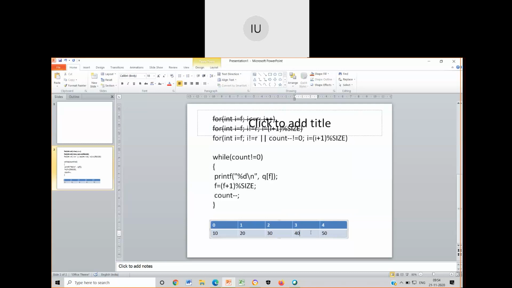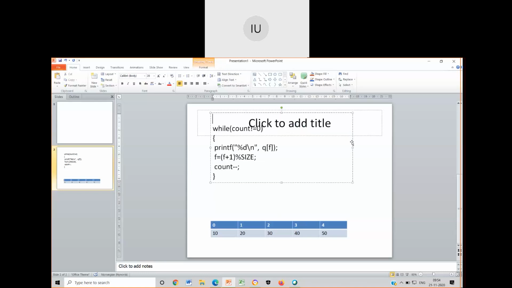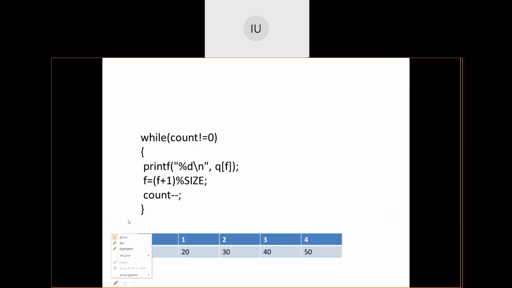Okay. So according to this, these things become much more complicated than writing the simple while loop. Let me just analyze this. Okay. I'll just go back. Take a pen. Okay. Now what I will do? I'll delete 10, I'll delete 20 and insert 60. So my rear will be at this point. Front will be at this point. Now what happens? Just have a look at this.